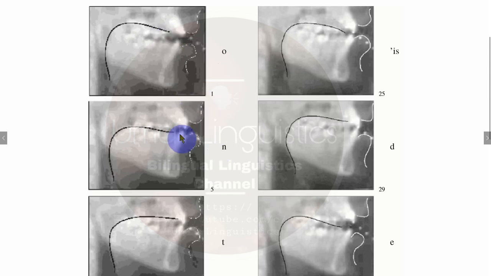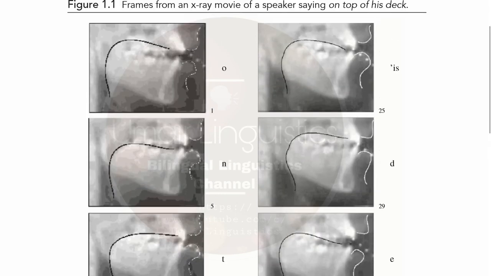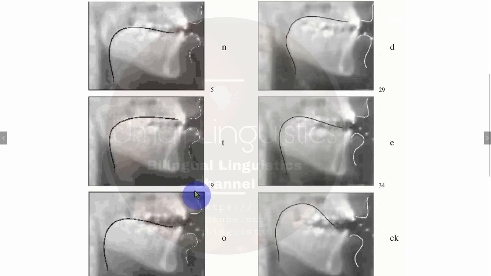Then in "n," the tongue goes a little bit down, because when we produce these sounds, our velum, which is the flap, sorry, uvula, comes downwards when we produce a nasal sound. So you can see here the tongue is a little bit lower. Then "on," then this "on the top."